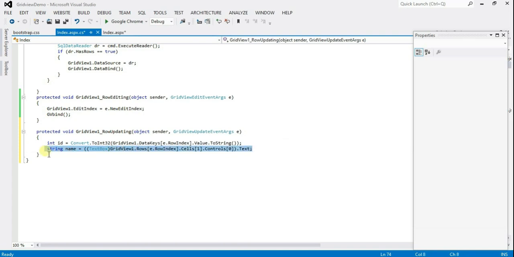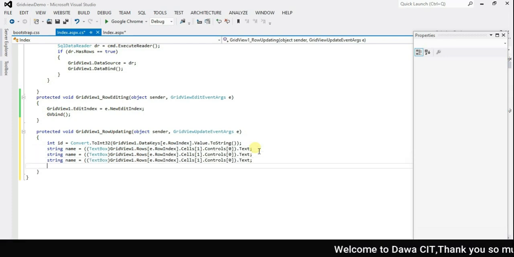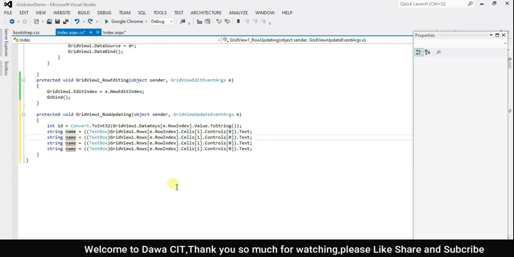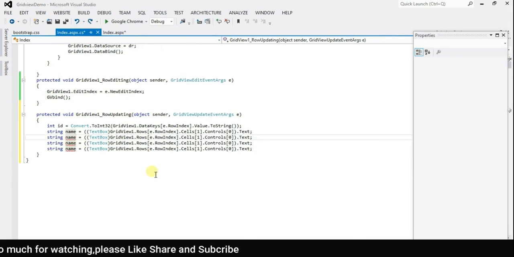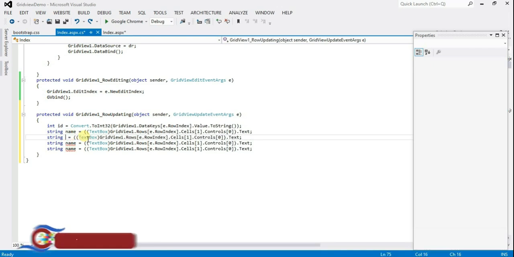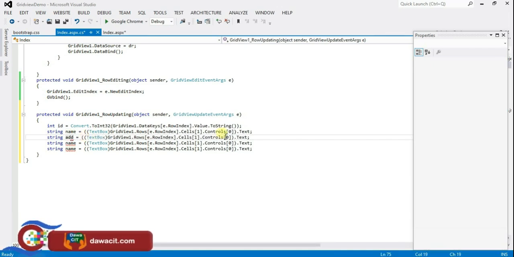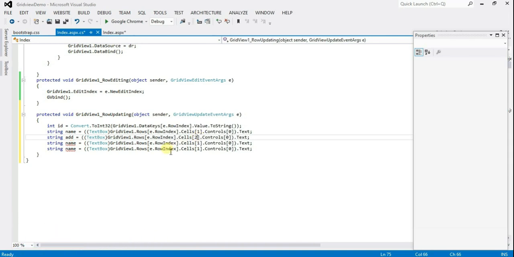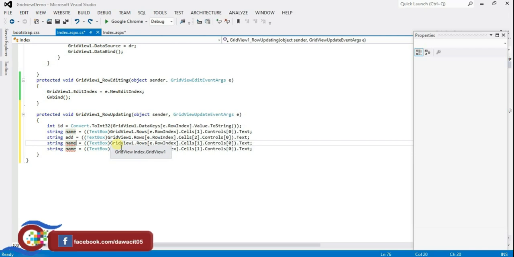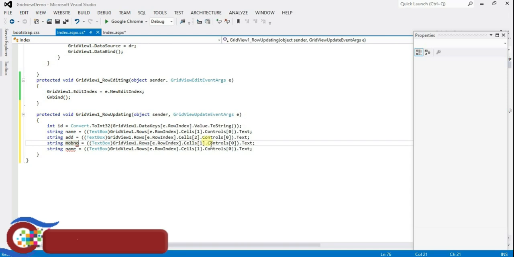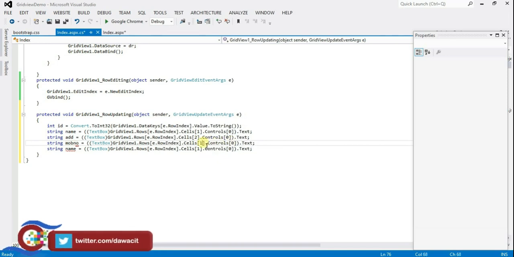Now copy this, Ctrl plus C and paste here and change the string name and cells. Add cells, increase to three. Okay,